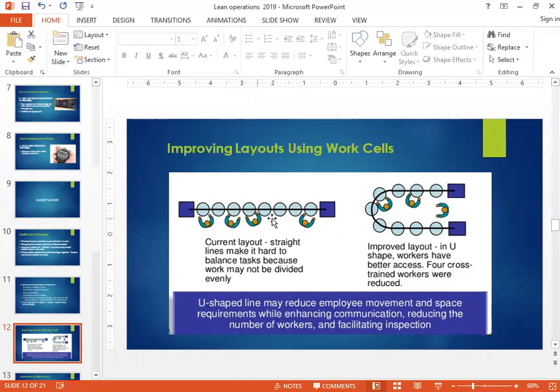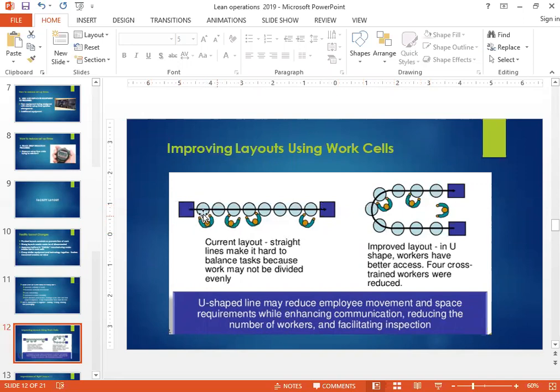And so, it's sort of a blind way of doing the work. Now, compared to that, if you make a work cell, which is U-shaped, right? And so this process is now changed, instead of a straight line, it's changed into a U shape. Then what happens is that workers have better access. It's easier for them to move around and do the job that needs to be done in this U-shaped work cell. And so, generally speaking, when you have a straight line assembly line like this, people are,